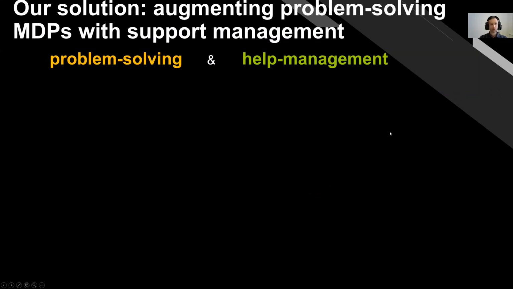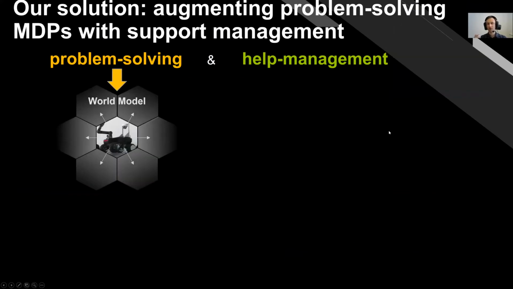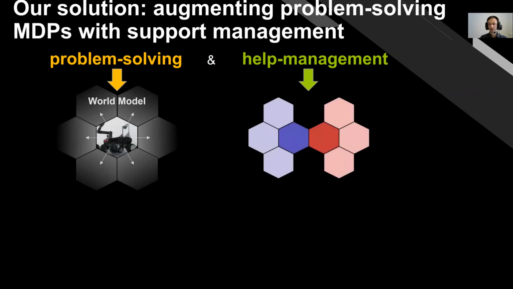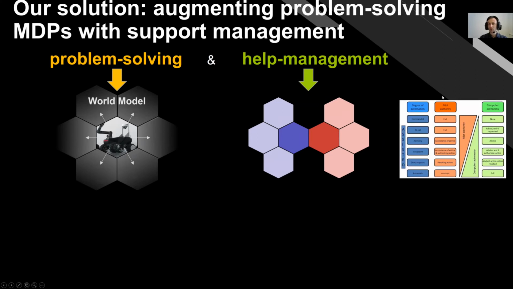So the solution that we propose overall is to augment problem solving on the one hand with health management on the other hand. From a conceptual standpoint, first you have the world model for modeling the problem solving, and then a model of the health management dynamics that will pilot the degree of support that you can get. But it can also be the kind of actions you might require from the operator of the environment, like, for instance, send the helicopter to me at this point.